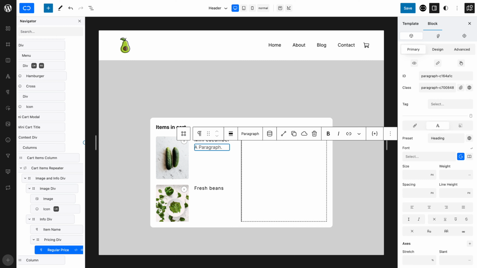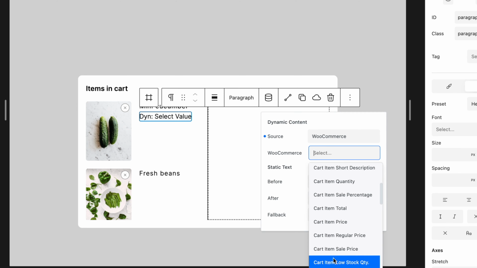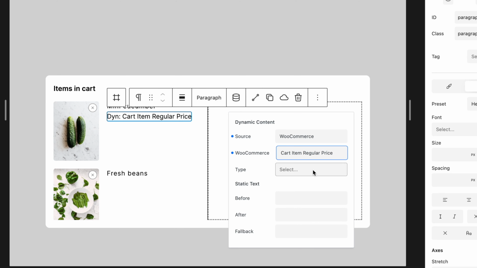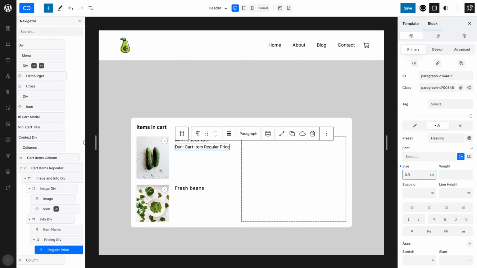We need to attach it to the dynamic data, so open Dynamic Values, select WooCommerce as source, cart item regular price as WooCommerce, and formatted tax currency as type. Let's style the paragraph. So in the Typography tab, set a font size of 0.9 em and a font weight